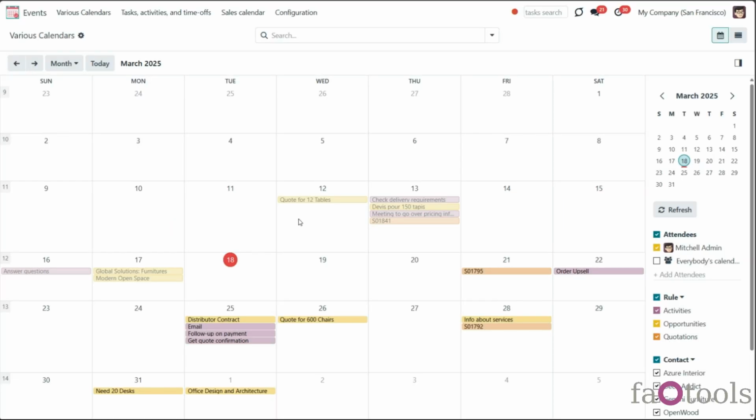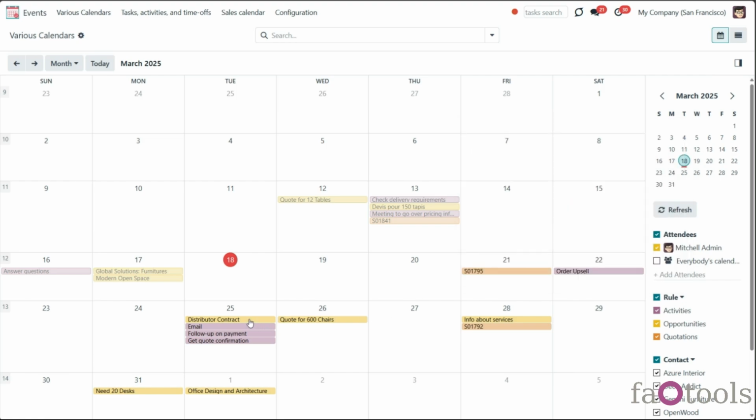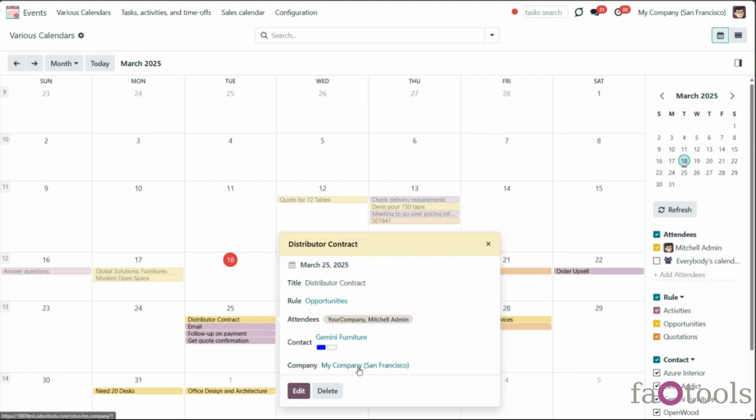To add a new document type to the calendar, we need to create one or several calendar rules. Rules define which Odoo object should create events, which fields of that object should be used and shown, and whether any filtering should take place. By setting a rule, we give the instructions to the module, which fields to use to get the information we